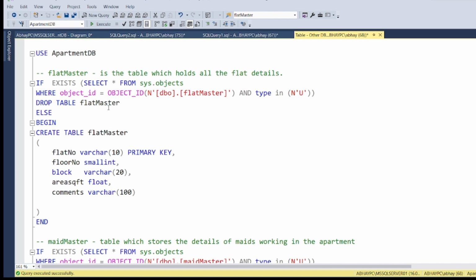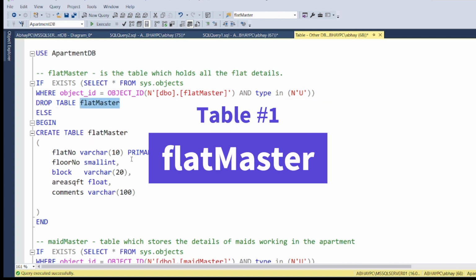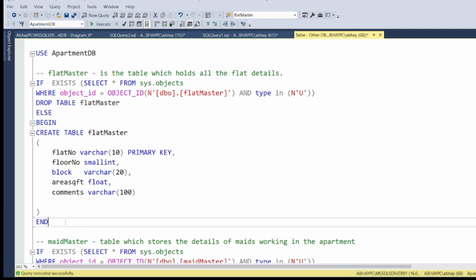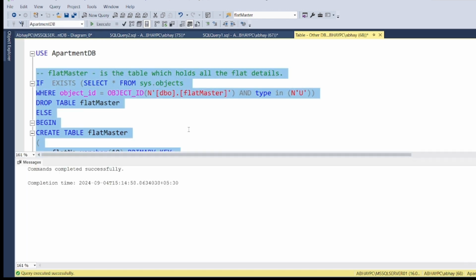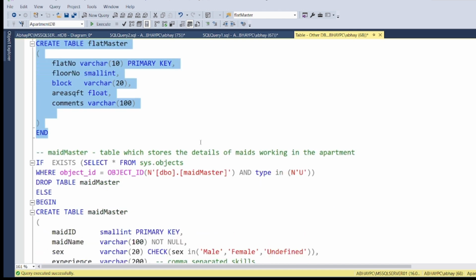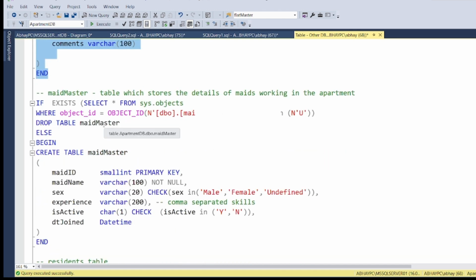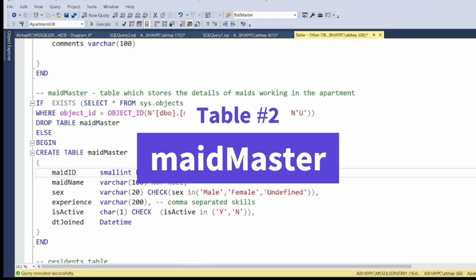The first thing that I'm going to create is flat master, whose only constraint is a primary key and everything else is optional. So let's select this and hit this button. This table gets created. Going to the next table, maid master, wherein the maid ID is a primary key,